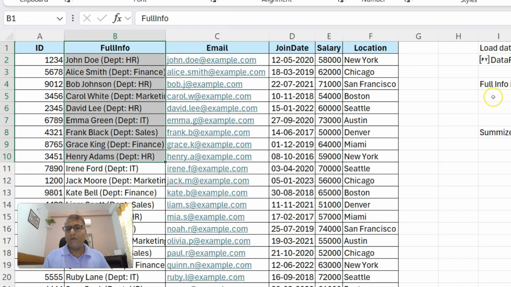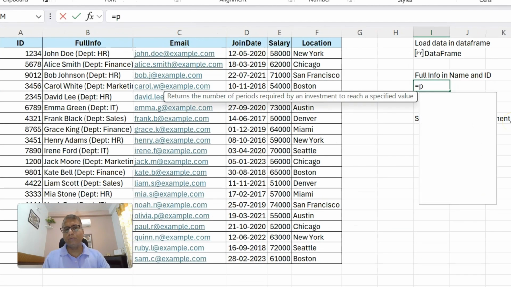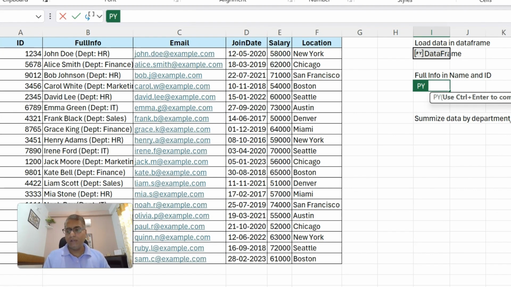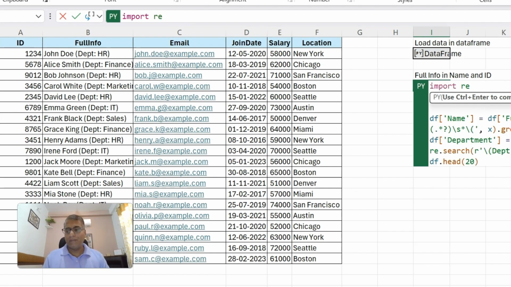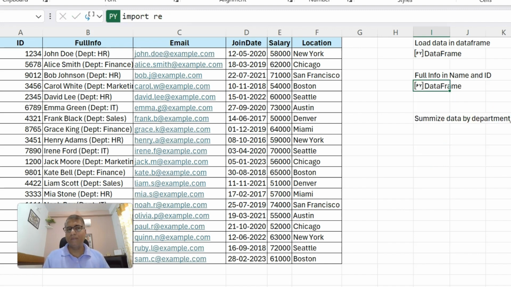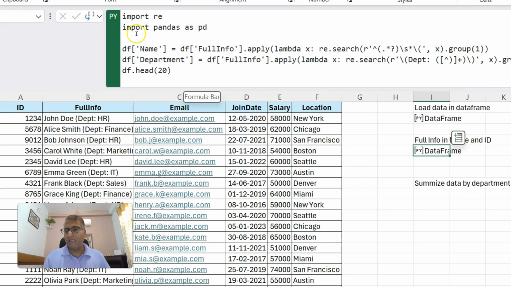Now we have this data available, but the problem is that the names are mixed with departments. For that, we are going to use some split options available in Python to split this data into 2 columns. Equals to py. I have the sample code already available in my clipboard, so I'm pasting it and using Control Enter. It is importing the libraries first, followed by creating 2 columns, name and department.